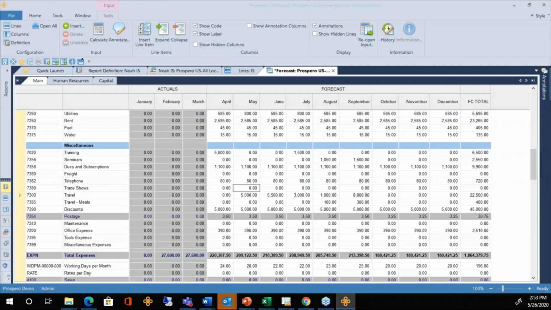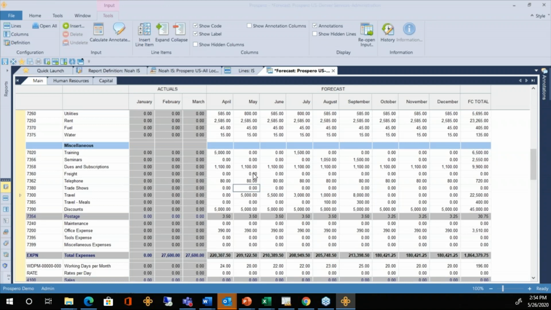And it could be the same columns and lines that you use for reports. And as soon as your budget managers click the save button on these input screens, it's stored in Prospero's SQL database, and everything's consolidated. The reports are ready to run for the whole company right away, and easy comparison to actual because everything is booked to the same chart of accounts.